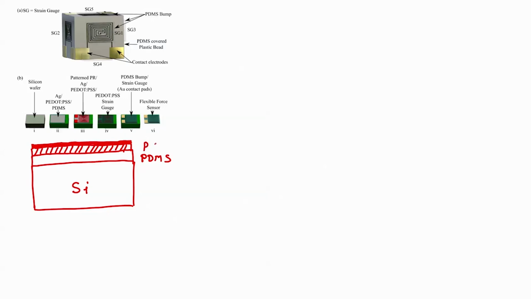What is PEDOT:PSS? PEDOT:PSS is a conducting polymer. This is our silver. So, what do we have? We have silicon, we have PDMS, we have PEDOT:PSS, over which there is a thin layer of silver. Now, on this particular wafer,